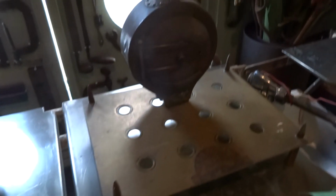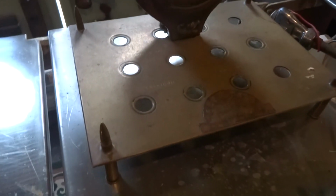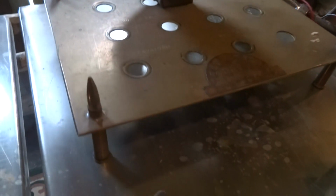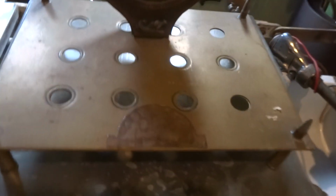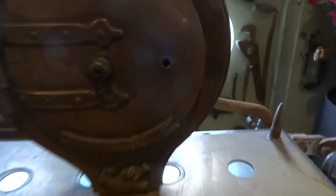Right. Next piece was something one of my friends made up. Made it up out of all odds and sods, all like shells there, and then this part here. This was from a pub. When you have a little look, darts, pub entrance. So I don't know exactly what that was, but then when you have a look at that clock,